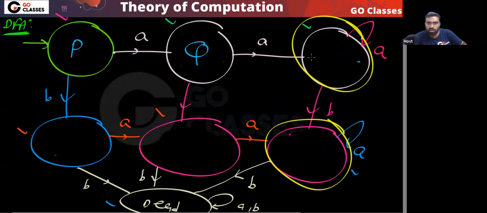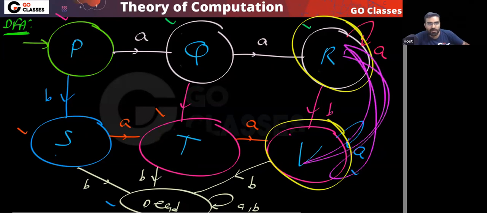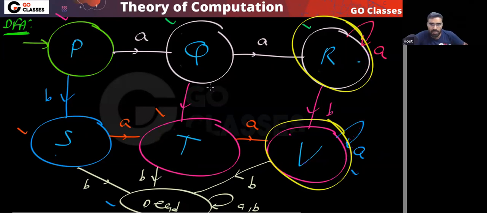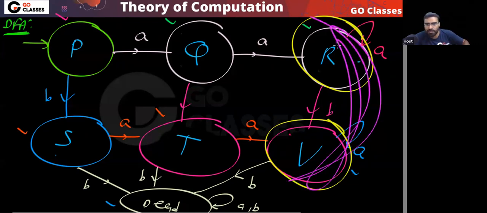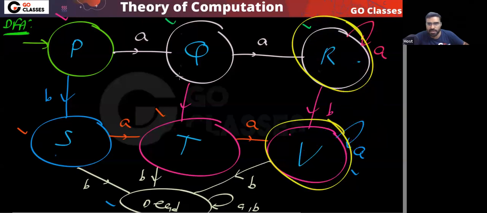Let's call it P, let's call it Q, let's call it R, let's call it S, T, V. Now tell me, the two final states, are they equivalent? Can I merge them? Are they equivalent? They are distinguishable by whom? They are distinguishable by B. Yes or no? So I cannot merge. I can say this R comma V, they are not equivalent, and they are distinguishable by